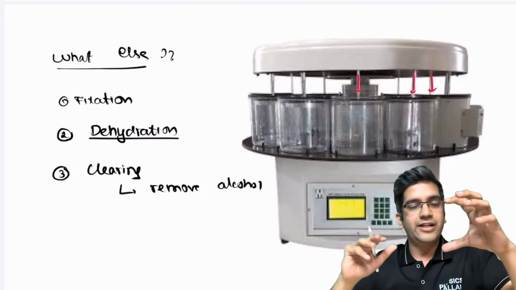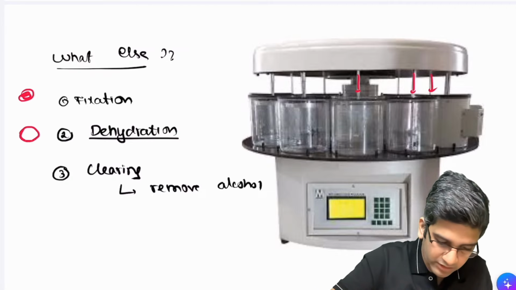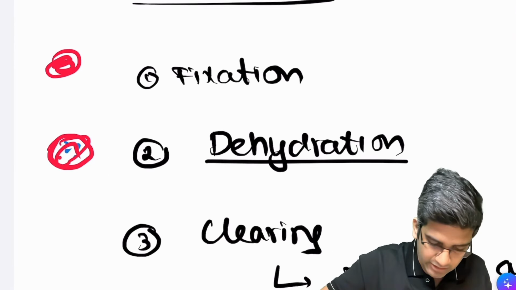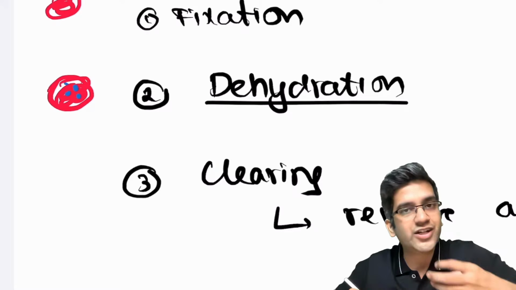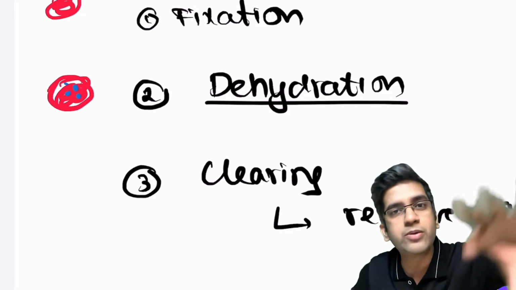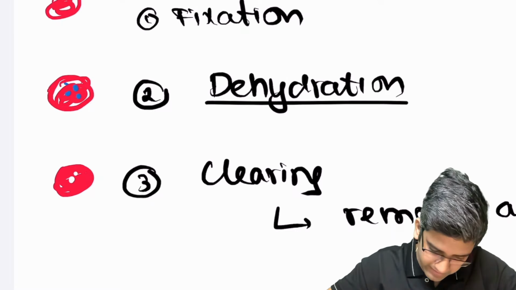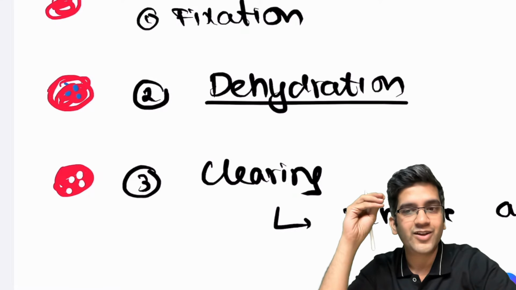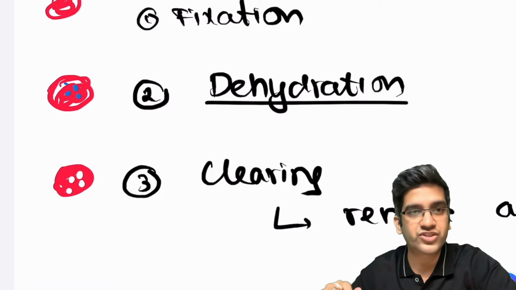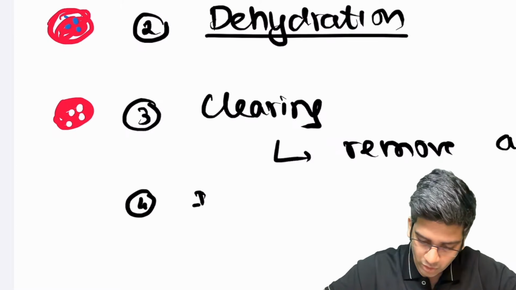Next is I have cleared now. So the tissue was first like this with water. I remove the water, and inside the tissue I had a little bit of these blue dots. Assume that these blue dots are alcohol. The tissue is there, and I have a little bit of alcohol here. We said that alcohol is not good for me, so I use a chemical we'll see soon to remove the alcohol. Now what happens is it's the same thing, but unfortunately with empty spaces. The place where alcohol was there, it is cleared. I cannot have empty spaces also, right? So I need to put something into the empty spaces. That's the fourth step, which we call impregnation or infiltration. We impregnate or infiltrate